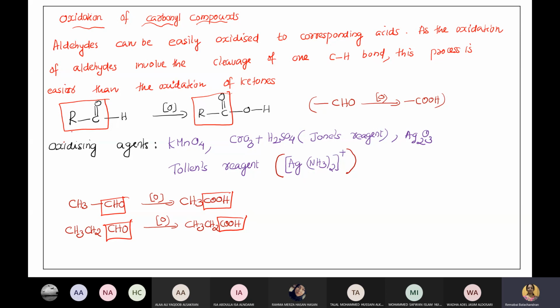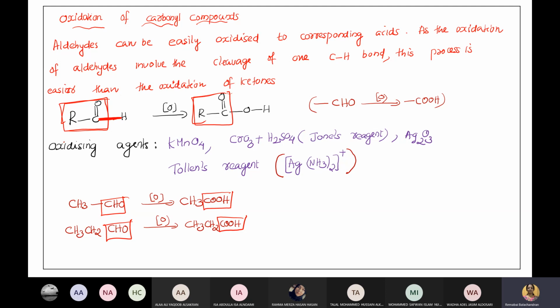Reason, look over here. This much part remains the same. Correct? So it involves the breaking of just one bond. Which bond? CH bond. It involves the cleavage of one bond. So this process is very easy. Whereas if you want to oxidize a ketone, we need to break a lot of bonds. So it's difficult. Okay, so that's what it's written there. Aldehydes can be easily oxidized to corresponding acids. As the oxidation of aldehyde involves the cleavage of only one CH bond, this process is easier than the oxidation